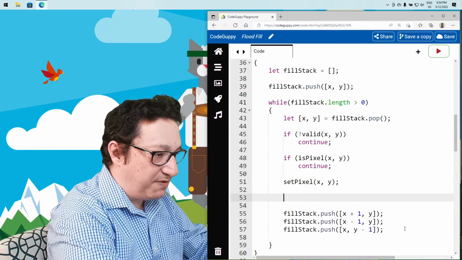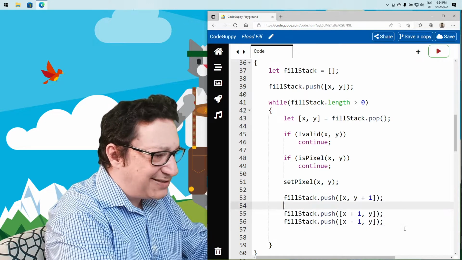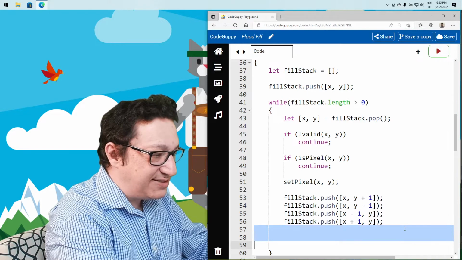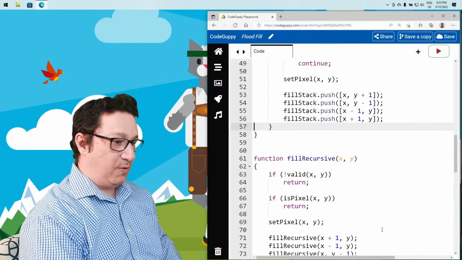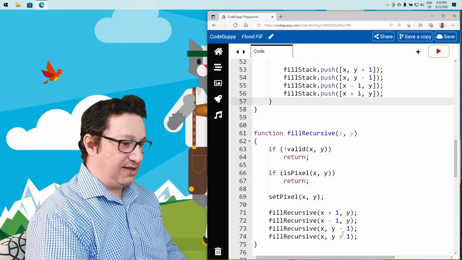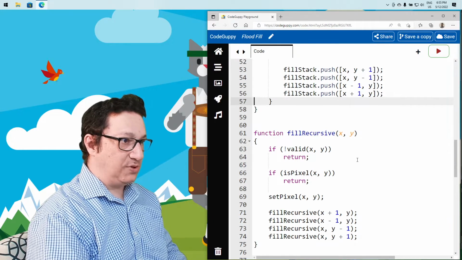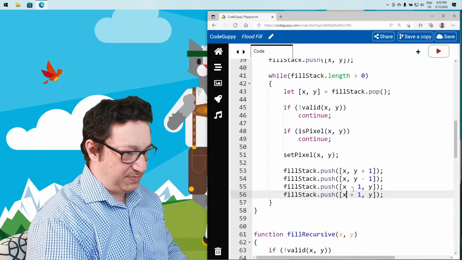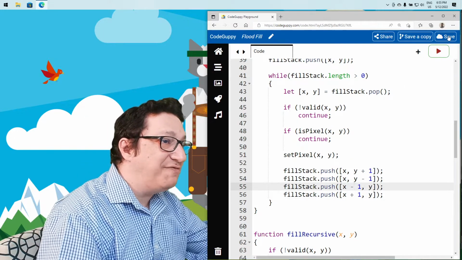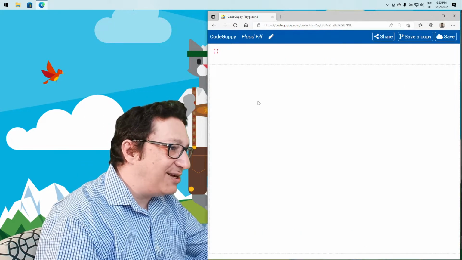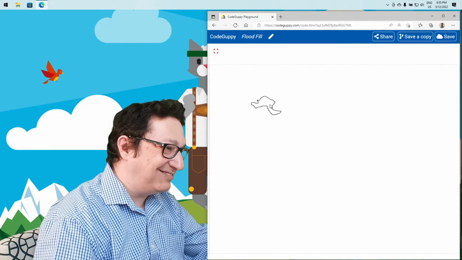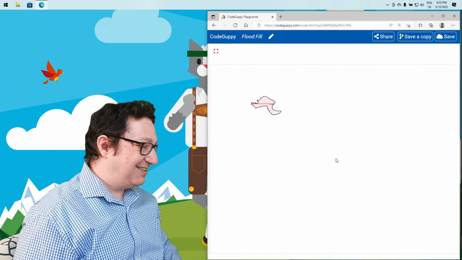So this one should be first. It doesn't matter, really. It's just because I want to keep consistency with the recursive version. All right, so this one should be totally the other way, y plus 1, y minus 1, because when we pop here, we're gonna read them in the other order, so x plus 1, x minus 1. All right, so should be fine. So if we run it, and let's run it for a small shape, but a complex one,